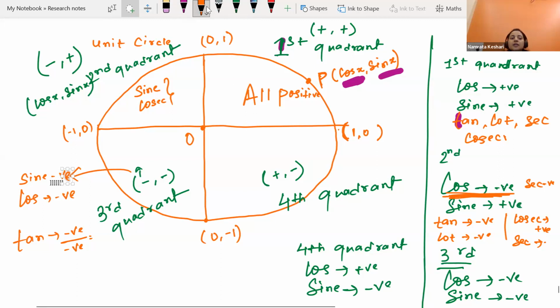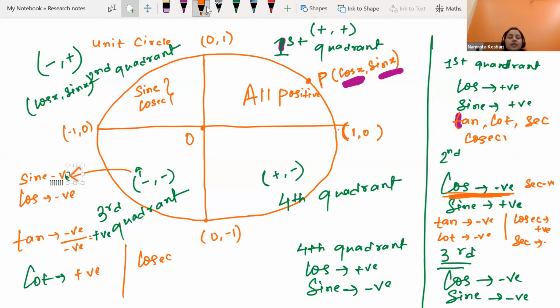In the third quadrant, sine is negative, cos is negative. Due to that, tan will be negative by negative, that means positive. Tan means sin theta by cos theta. If sin is negative and cos is negative, the result will be positive. Similarly, cot will also be positive. And what about cosec and sec? Cosec will be